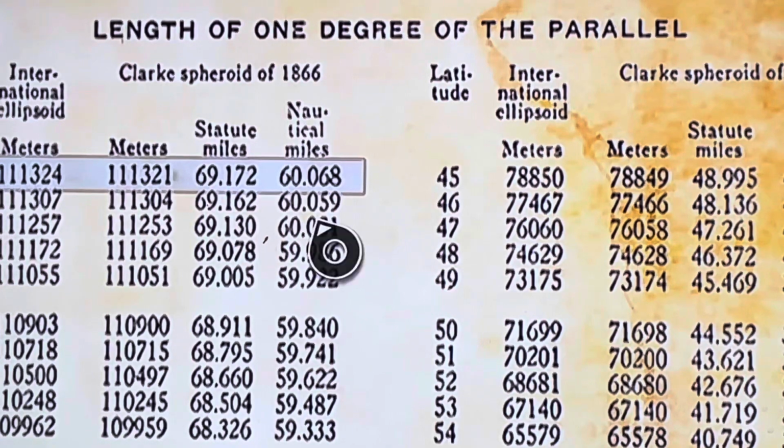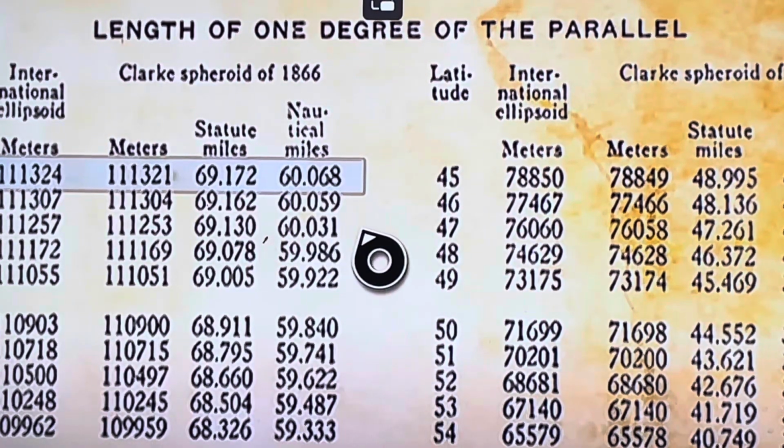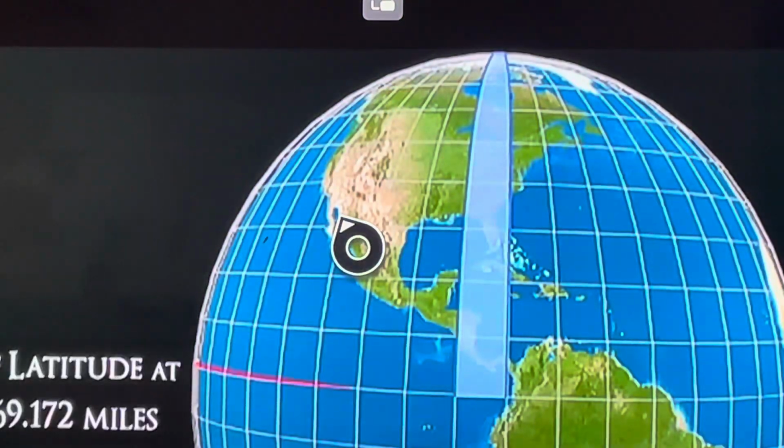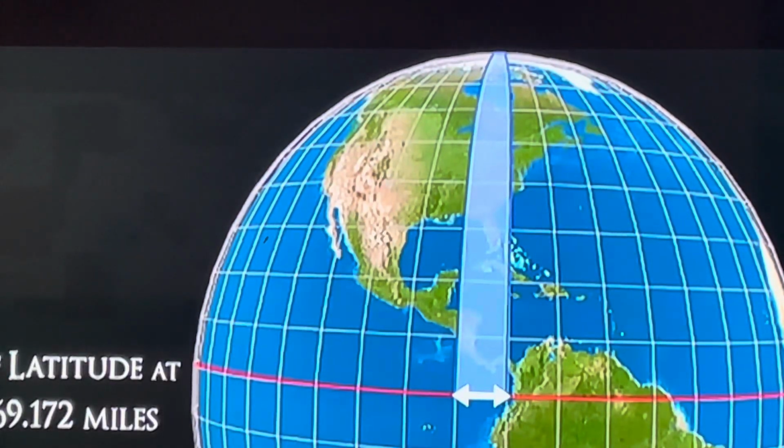And then we have the length of 1 degree of the parallel. If you notice right there, I don't know if you can read it from out there, but that says 69.172 miles. So think of a circle going around the Earth's equator. You've traveled 1 degree, 1/360 of that distance around. You've gone 69.172 miles. Let's go halfway up from equator to North Pole, which would be 45 degrees, and you